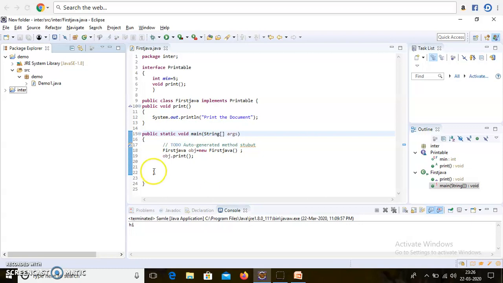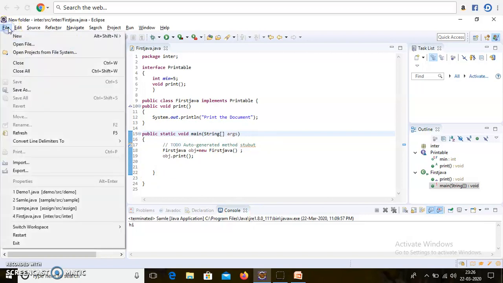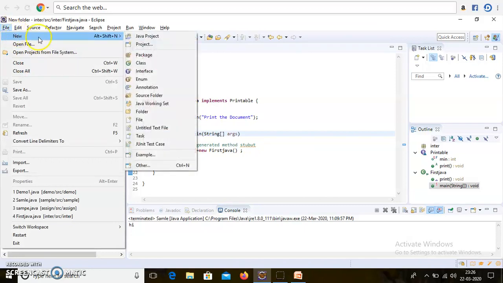So here we will start with exactly how to create the project. First you have to click on the File button. After clicking on File, you have to go to New. After selecting New, a drop down menu appears. From that you have to select Java Project. In some cases, the first time, the Java Project option is not available. In that case you have to go with the Other option, where there is surely a Java Project option, and you have to select it.